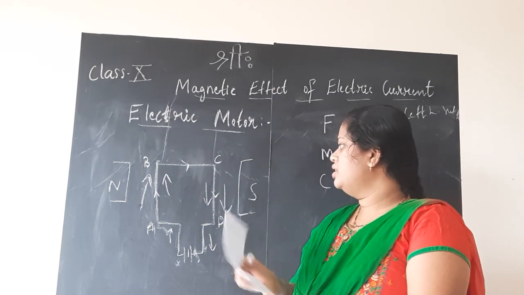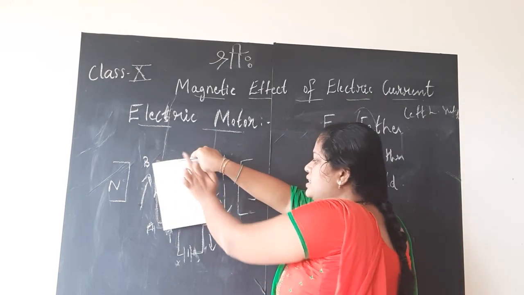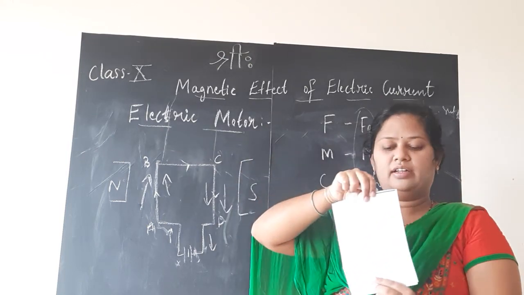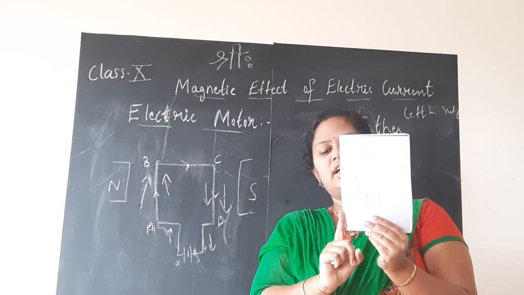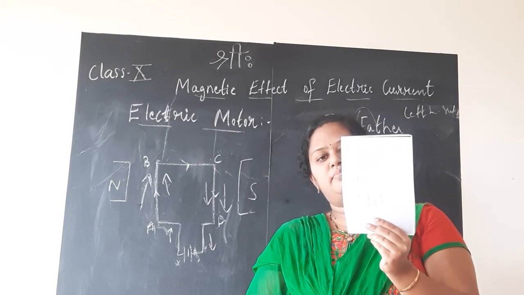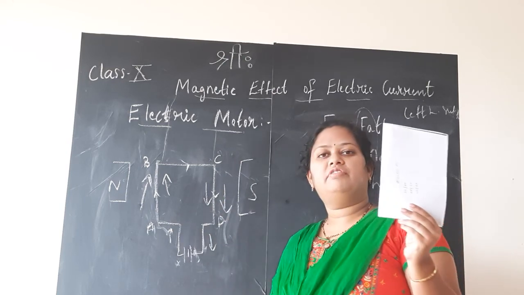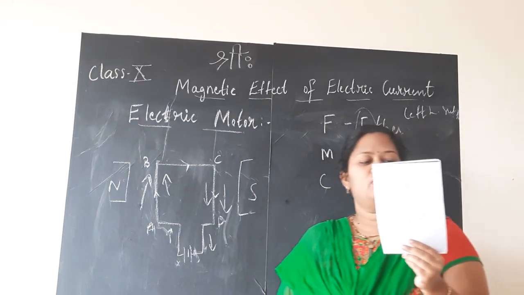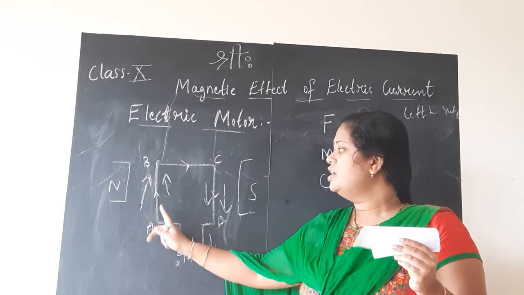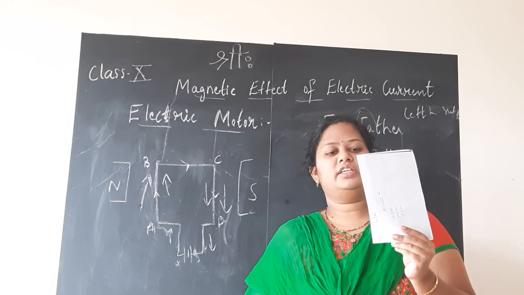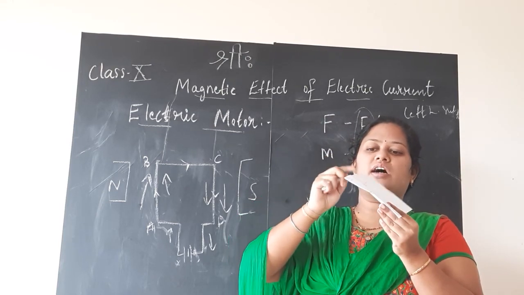What I want you to understand is, see now, I am taking the armature A, B, C, D. The current is flowing in the inward direction in AB and in the outward direction in CD. It is coming out of the magnetic field in the case of arm CD. So the force produced by the magnetic field on the arm AB will push it up, like this, will push this arm AB.